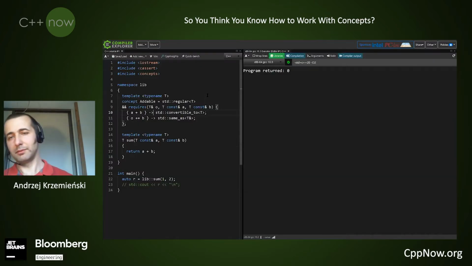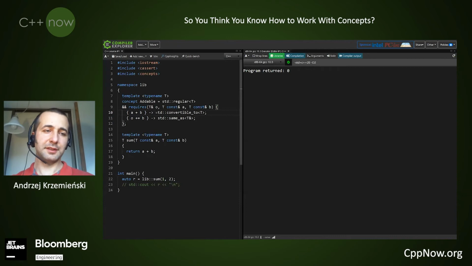This is one magical property of concepts, at least in this context, that I can skip the first parameter. In fact, I have to skip it, and the first parameter will be deduced from this expression as a return type of this expression and passed by the compiler here. I will only provide the second parameter, and as we said, concepts are predicates, so it will evaluate the predicate and will check if whatever this plus operator results in is convertible to T. This is a